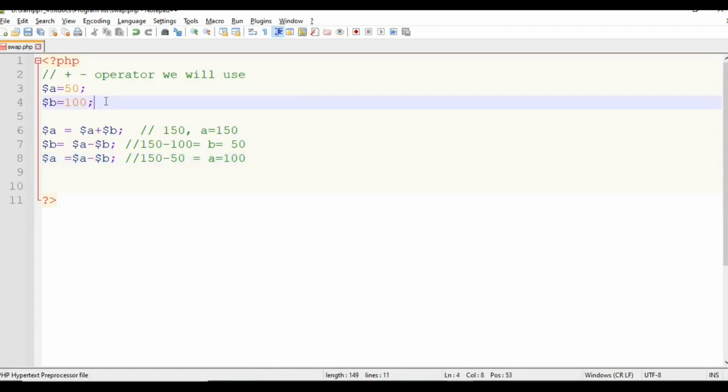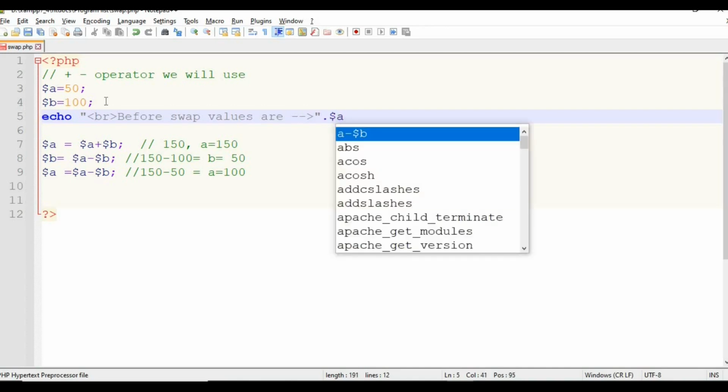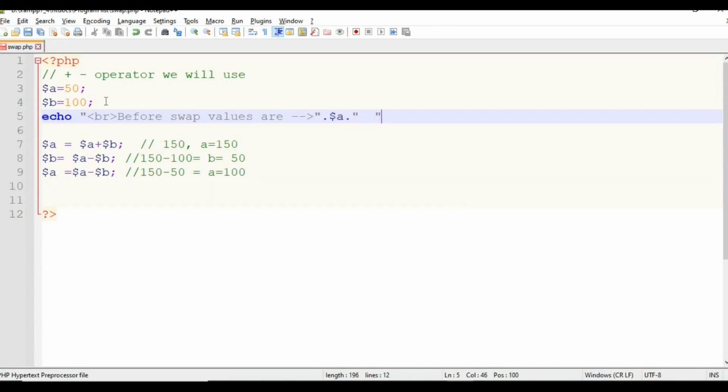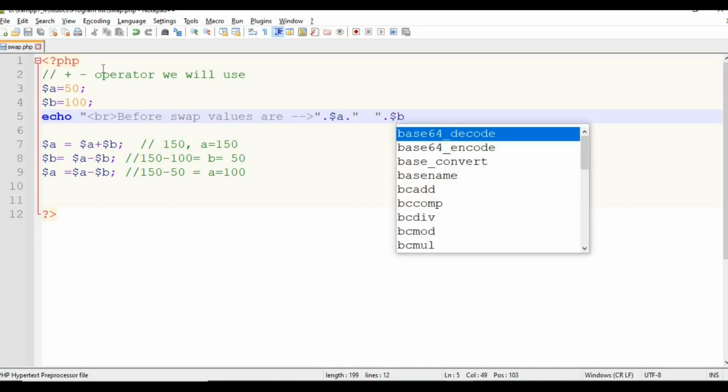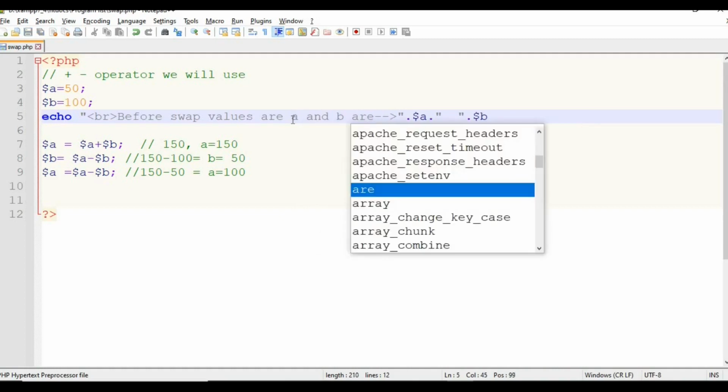Okay, so what I can do, I will write one statement. Echo is used to print any text on the screen. So here: before swap values of A and B are, we can say like this.